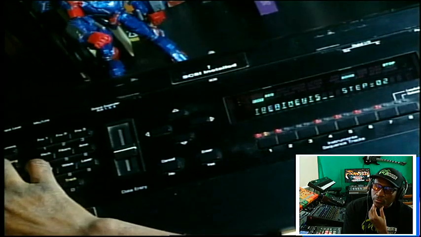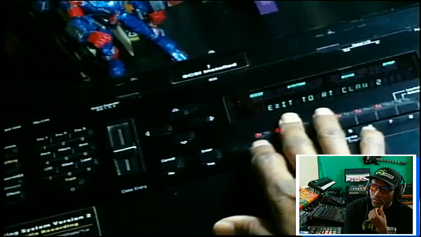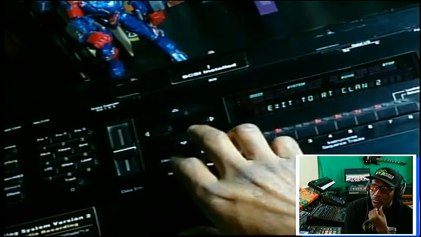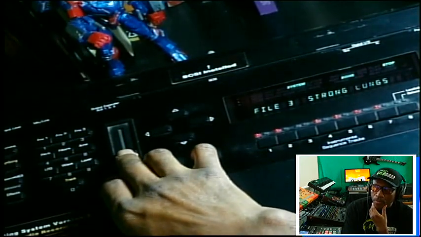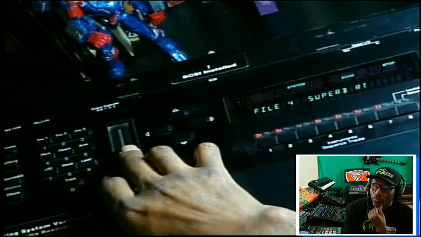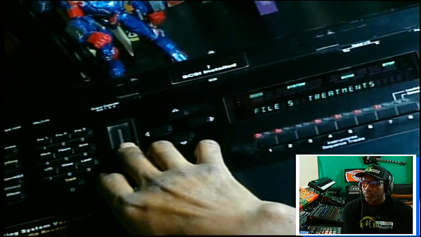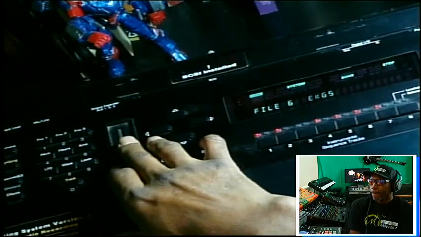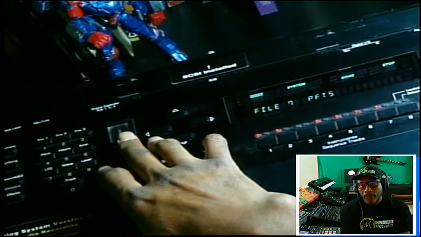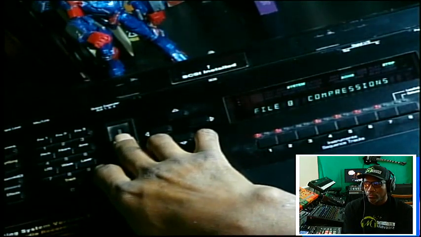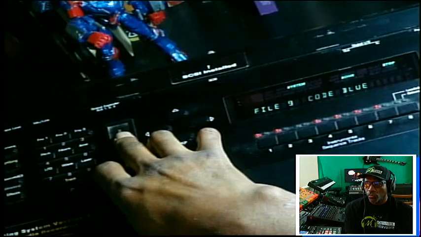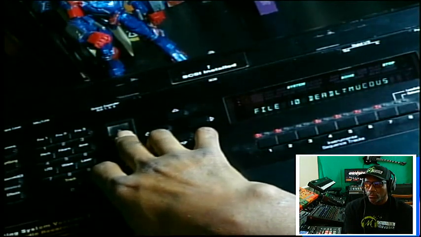If I want to go back, I can hit load. Boom, this says exit the treatments. All right, and it says if I want to exit even more, I can hit exit to RT Clan or exit to root. Okay, so if I'm in the root, now it's back to all my song titles within the RT Clan. So I have Strong Lungs, Superb RT, Treatments, that's the one we just heard, EKGs, so like heart rhythms. I got PFTs, pulmonary function tests, for people with breathing issues, compressions, that's like CPR, code blue, deadly mucus,